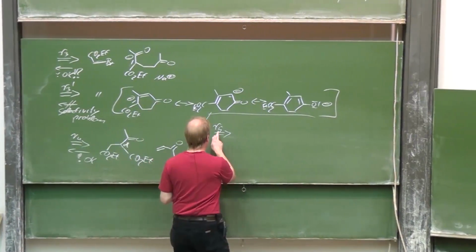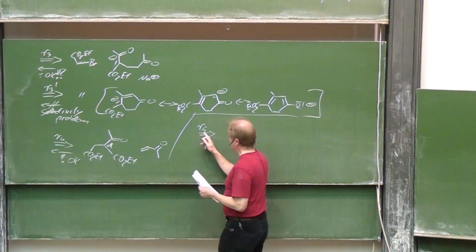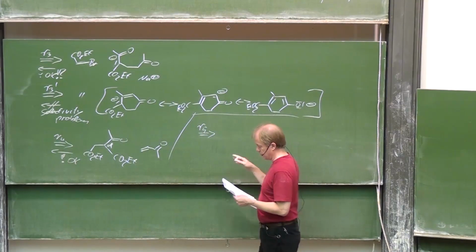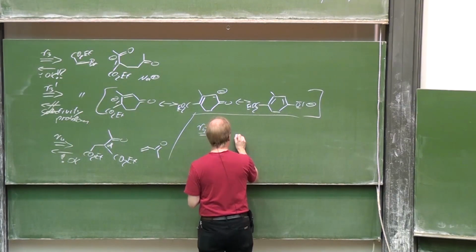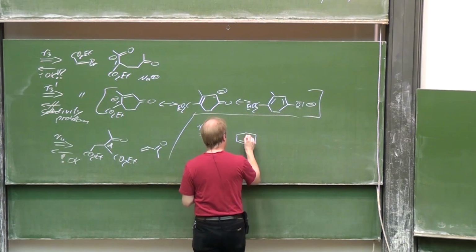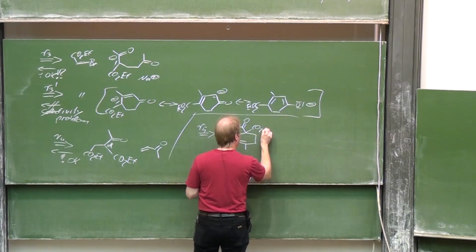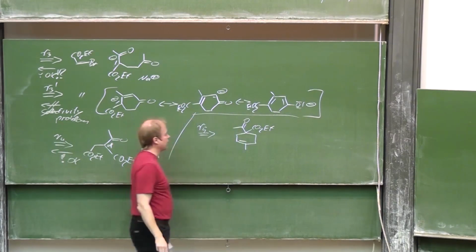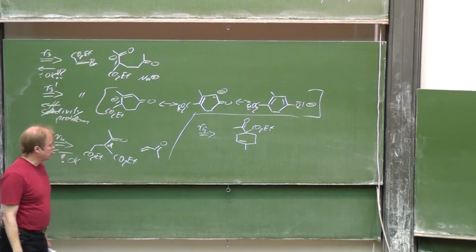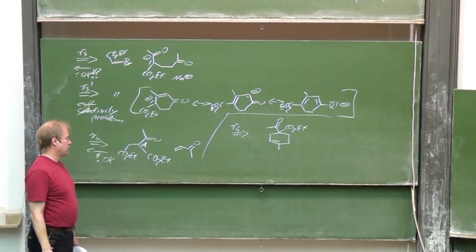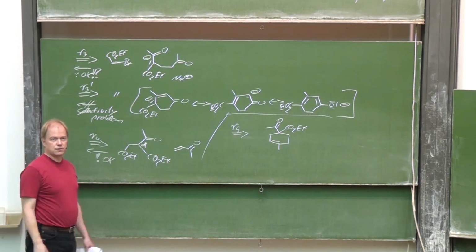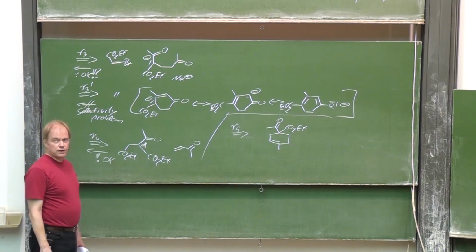So that means retrosynthetic analysis 5 leads us to this structure, and I think you will all agree that this is a significant simplification,